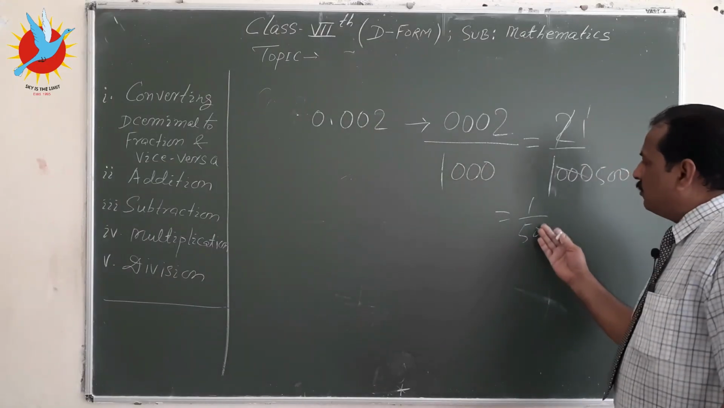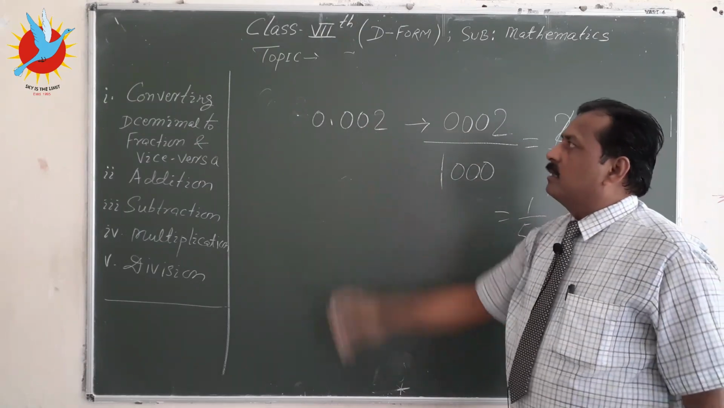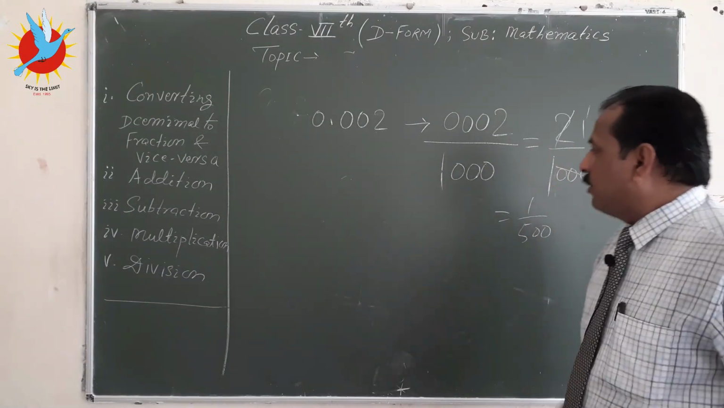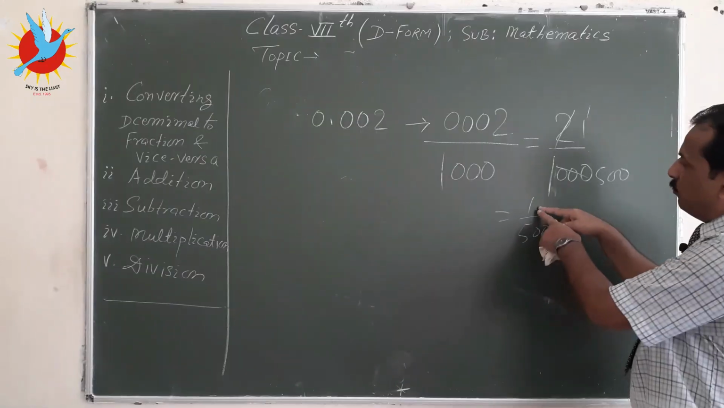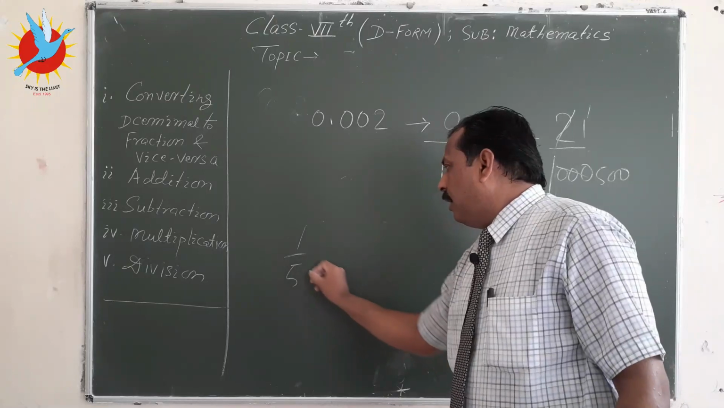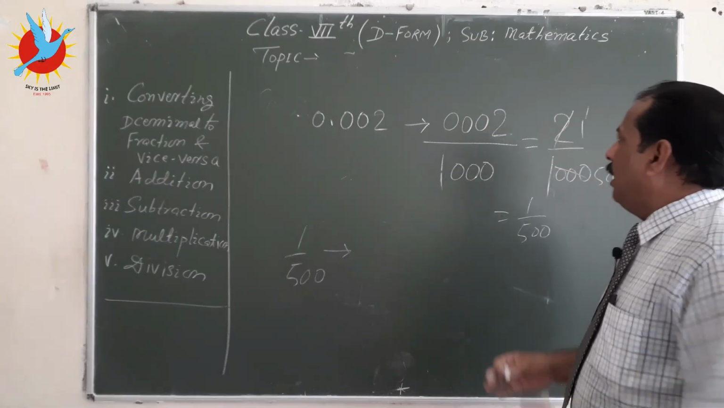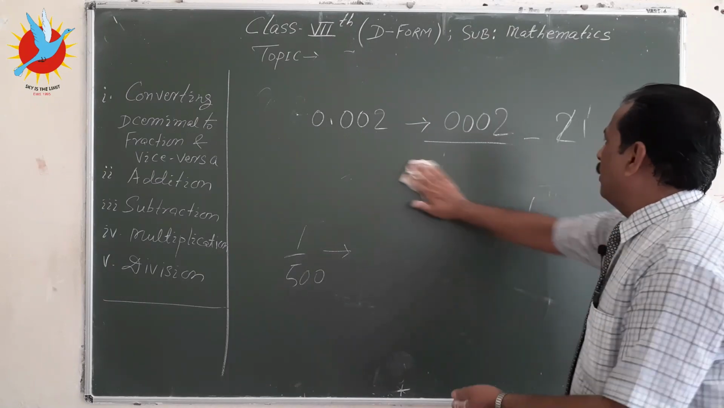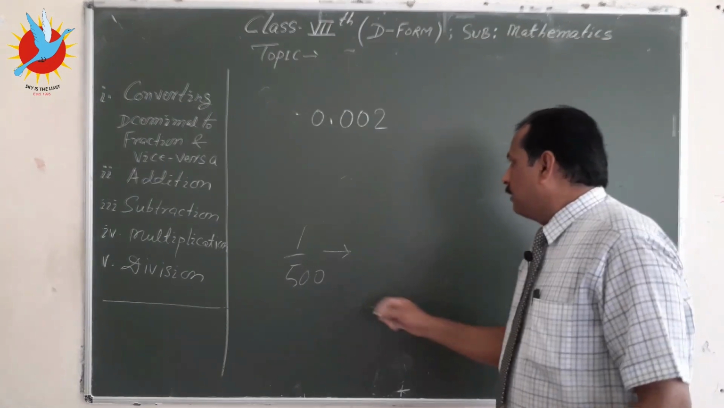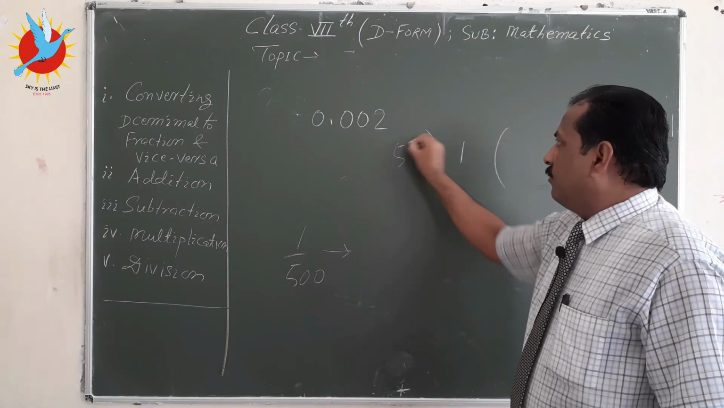Again we can convert this fraction into decimal, and we shall be getting the same thing. And let us check whether we are getting it or not. So this 1 has to be divided. Now we are converting this 1 by 500 into decimal. Let us check what is the result. So this 1 by 500 to be converted into decimal, 1 divided by 500,